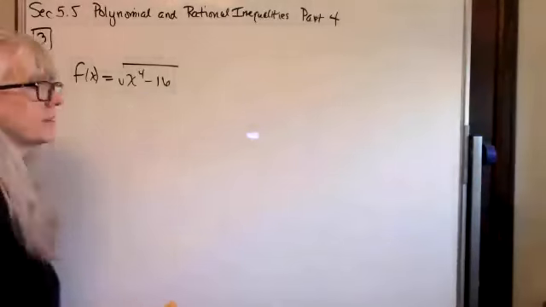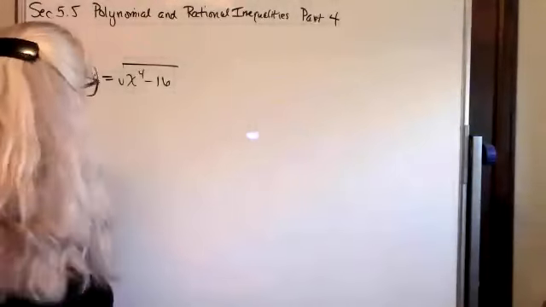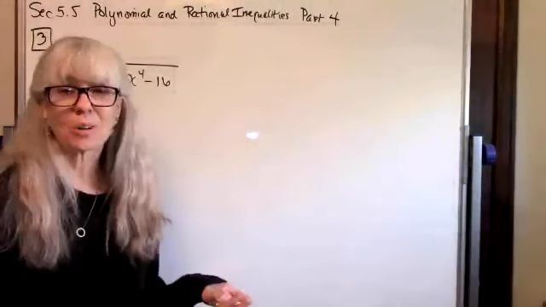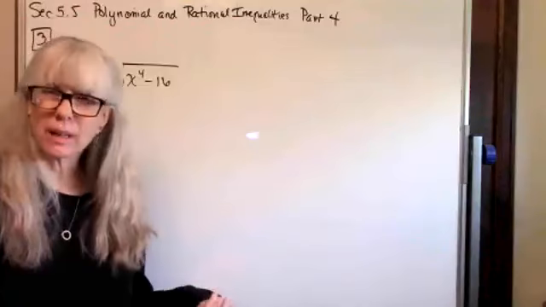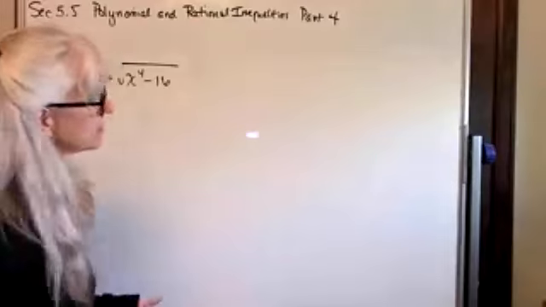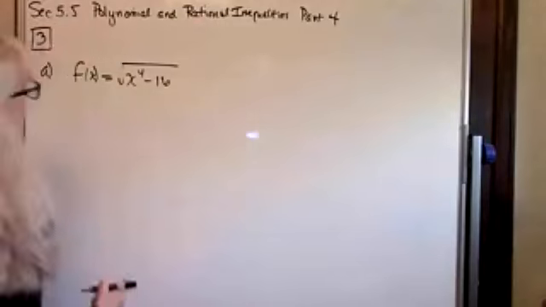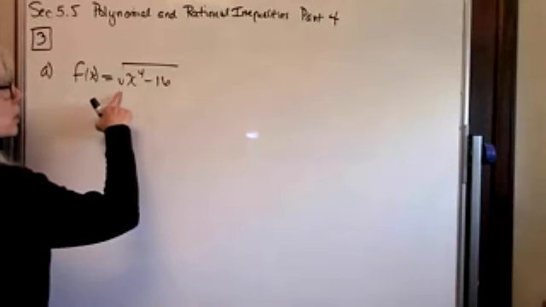So finally, in our final part for section 5.5, we'll show you why we do polynomial and rational inequalities: in order to find the domain of some more complicated looking functions. That's why we do this. So let's find the domain of f of x is equal to the square root of x to the fourth